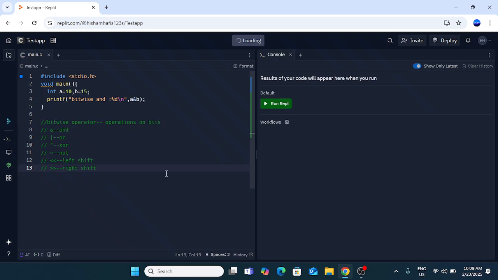There is some problem with my computer. Yeah, let's start with that itself. Now